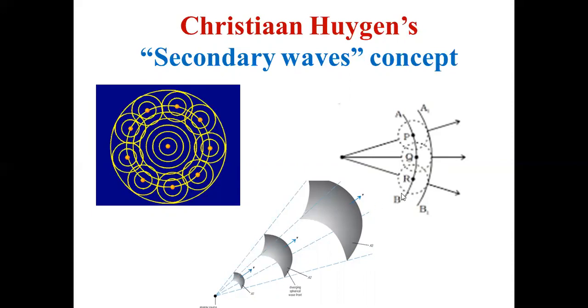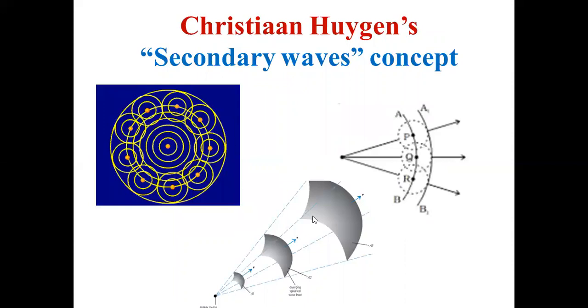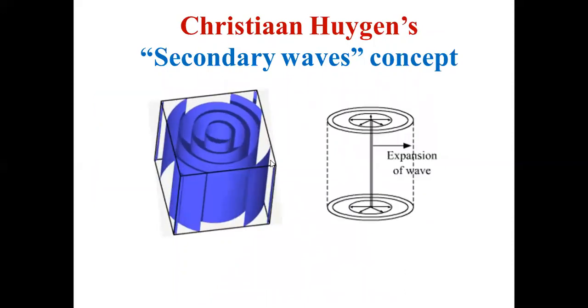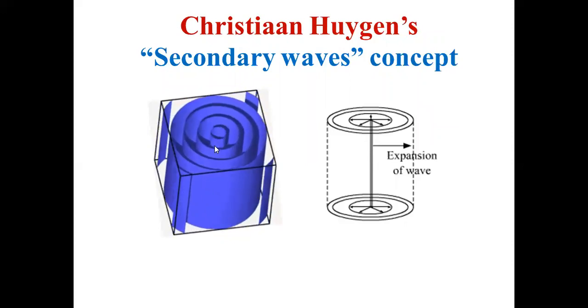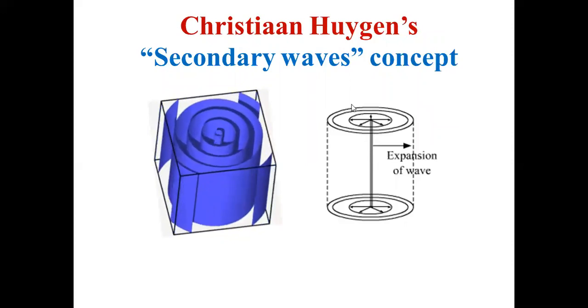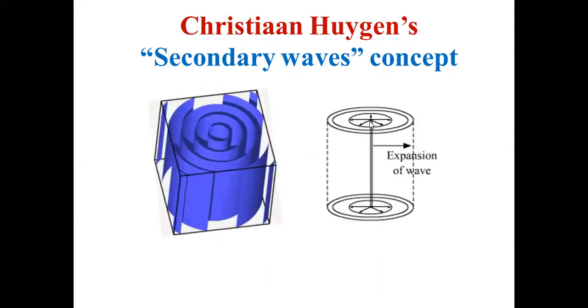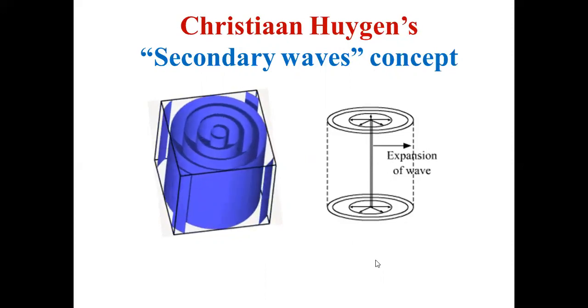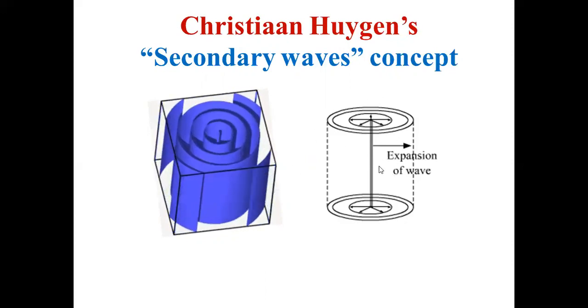We are going to study it in detail. So that is the secondary wave concept. And a point source emits a spherical wavefront, and you know this. And a linear source, suppose imagine a tube light is kept inside this. The simple animation which shows light travels in all the directions like this, except along the length of the tube light. Tube light doesn't emit light in this and in this direction. So no light from these two sides, only light from the curved side of the tube light.